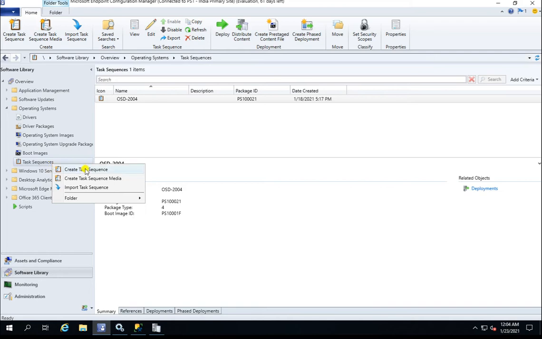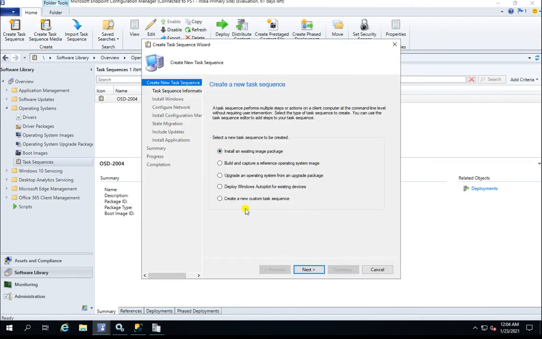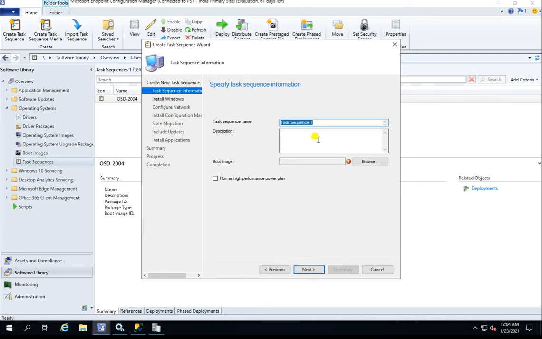Let me create a task sequence here. There are multiple options. When we already have a WIM file which was captured and you want to deploy it, you need to select the first option, install an existing image package. Click on next.